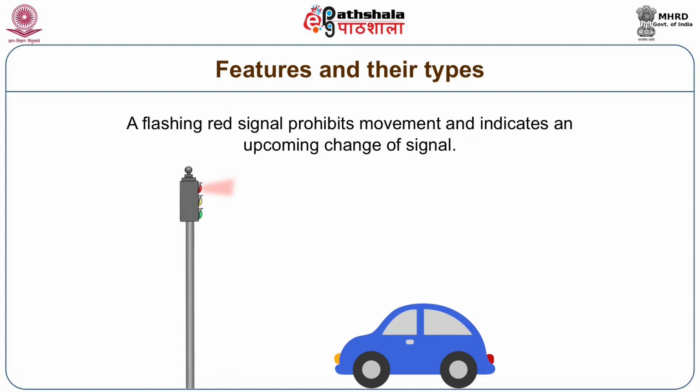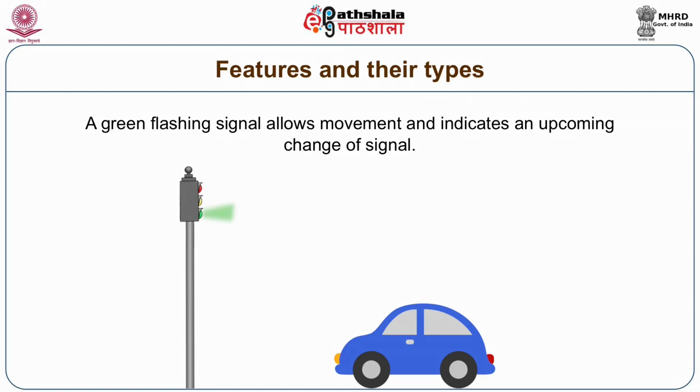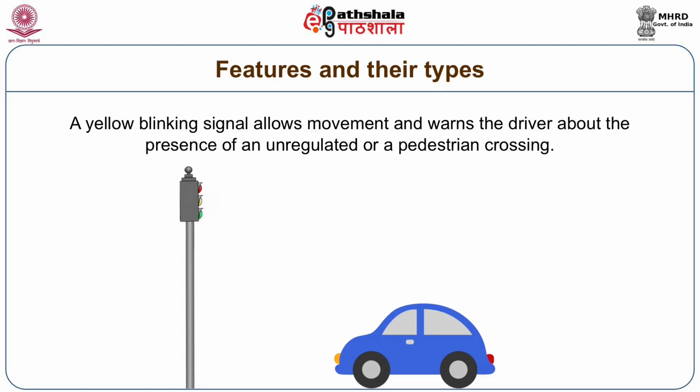A flashing red signal prohibits movement and indicates an upcoming change of signal. A green flashing signal allows movement and indicates an upcoming change of signal. A yellow blinking signal allows movement and warns the driver about the presence of an unregulated or pedestrian crossing. And the order of signals is red, yellow, and green. But these signals all carry meanings, so that a responsible driver will